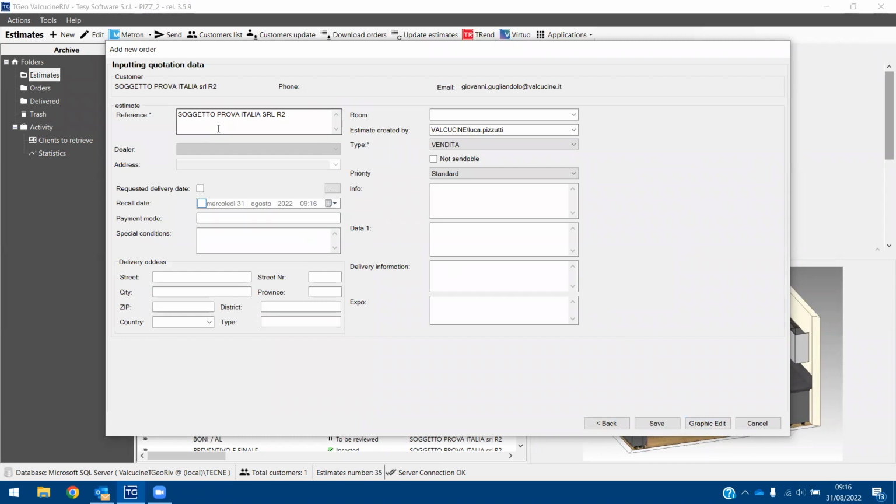Then in this second window, if we have filled the information in the customer database, here we can see some, for example, the delivery address, but we can write, in case it's our free fields, we can write the information inside any field. We can change the estimate reference, for example, a modularity. And then if we click on graphic edit,